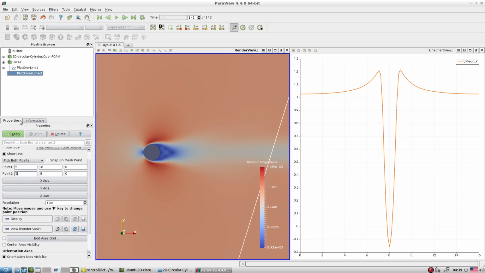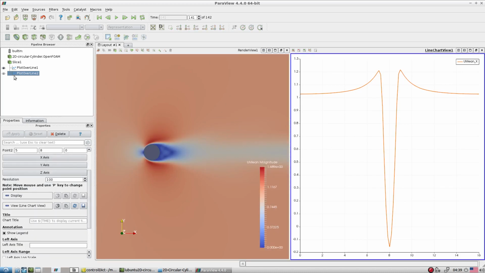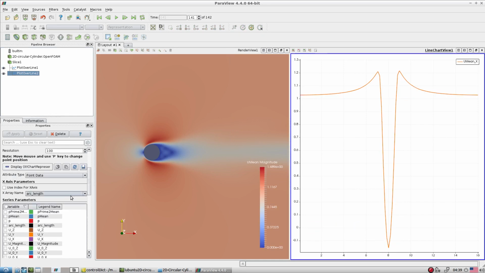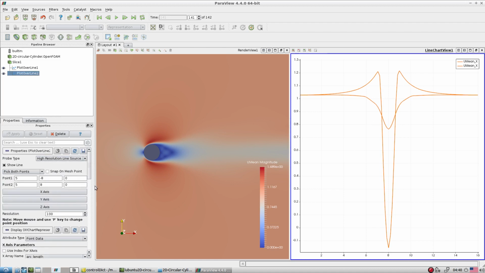Switch off this, go here and activate this line, and on this again switch off everything and only activate the x component. Look, when you go away from the cylinder, you get a flatter type of profile. Even if you go a little bit further away, let's say go to 10, an almost bell shape type of profile is visible.